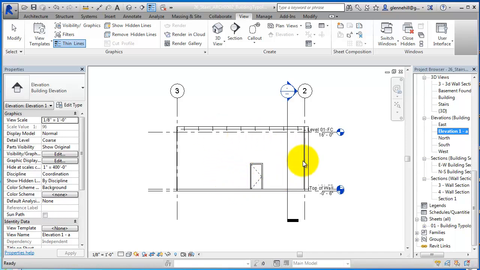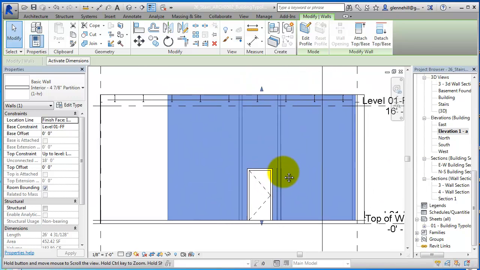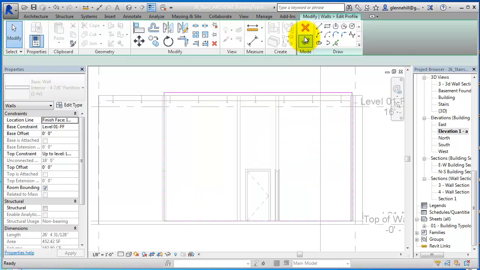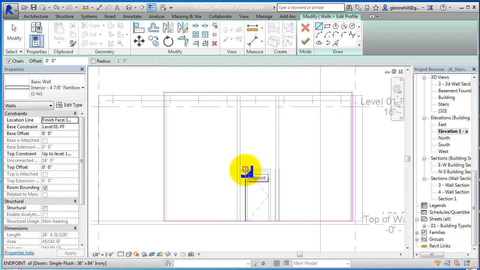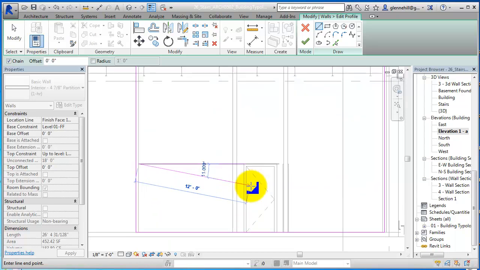So now what I want to do is change the profile of this wall. So let's tab here and select that wall. So this wall, I want to put an opening right here next to my egress door. And to do that, I'm going to edit the profile. So go into edit profile, and then I'm going to just start drawing some lines to give me some guidelines. So I'm going to draw a line from here to there,